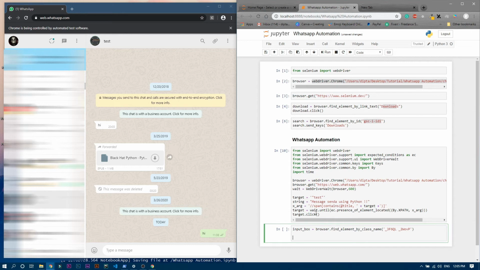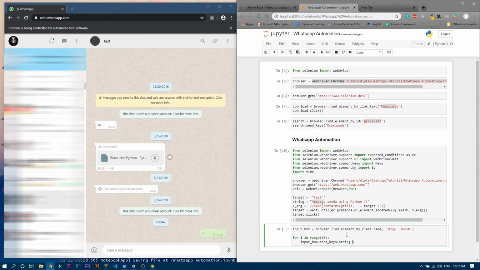So we will use for i in range 50, and inside the for loop we have to write input_box.send_keys, because we want to send the string, right, 50 times. Okay, so we will just write over here the string, because we made the string variable name string, so we'll just write over here string.